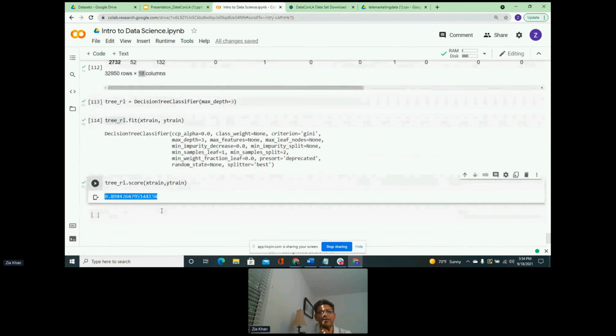Okay, so the training score went from 99% to 89%. So what we were trying to do, we were able to get to that by reducing the depth of the tree. So we said cut off the tree at 3 branches. And we were able to reduce it. That was our goal, that we wanted to reduce the training so that it doesn't learn too much.